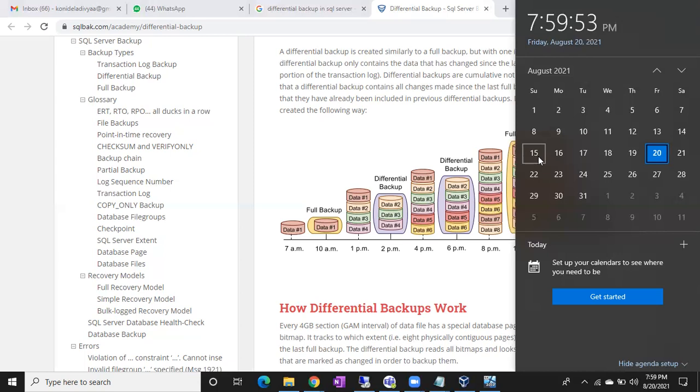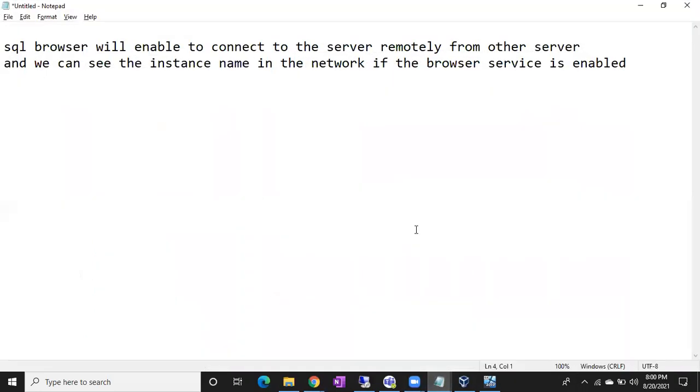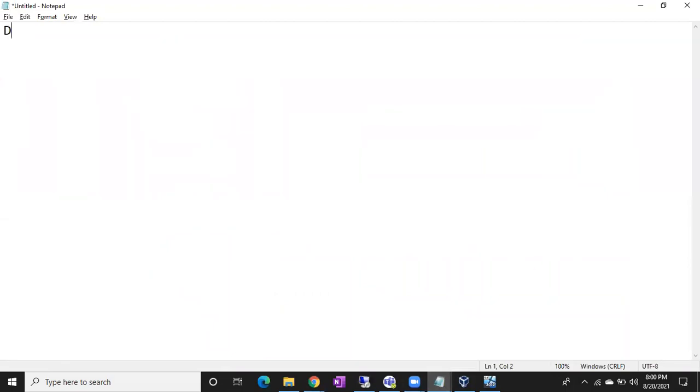So that's why we have a concept called differential backups. What is the use of this differential backup? How will these differential backups work? Let me open the notepad. Differential backup, we'll call it diff backups.